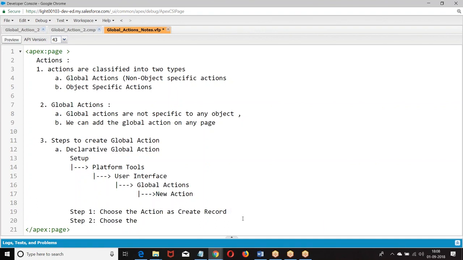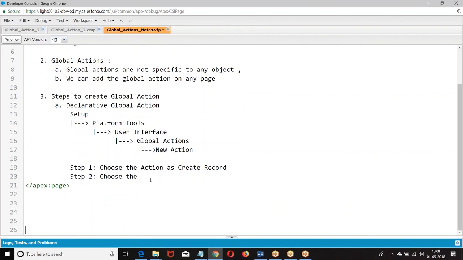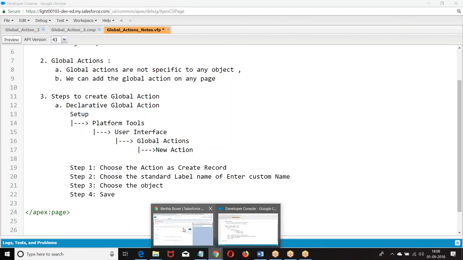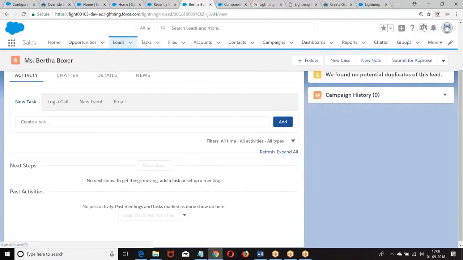Choose the standard label name. Enter. Choose the object. After saving it, you are going to specify the fields. Look at this one more time.